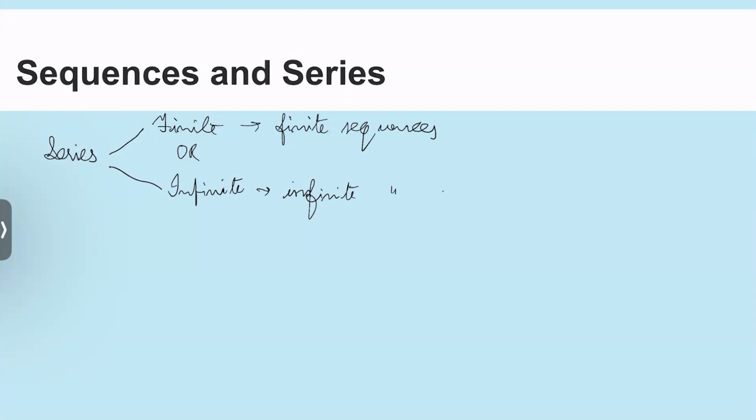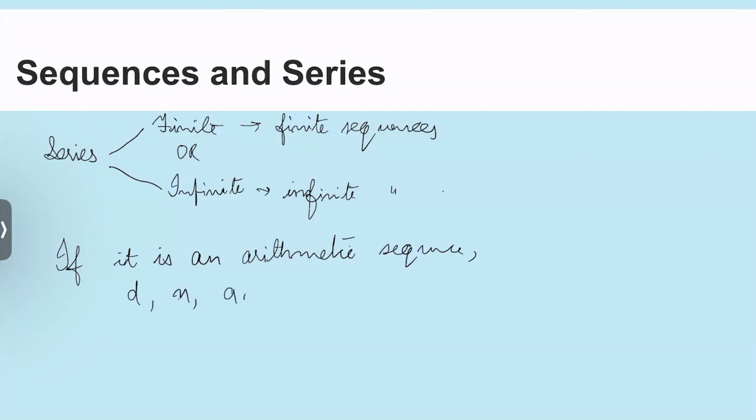Now we know that with respect to the sequences that we have seen, if it is an arithmetic sequence, you will have D, you will have N, and you will have A1, and you will have up to N terms. Therefore the sum of the first N terms